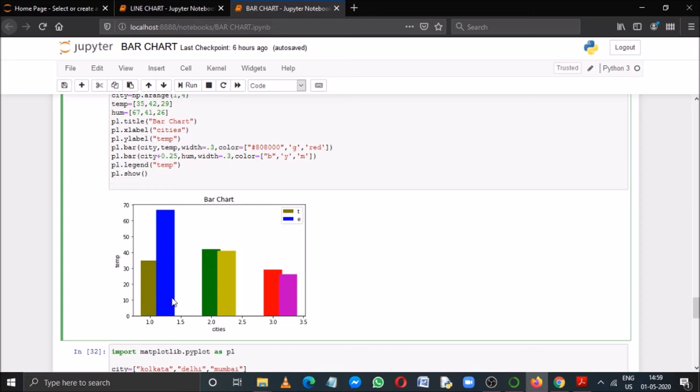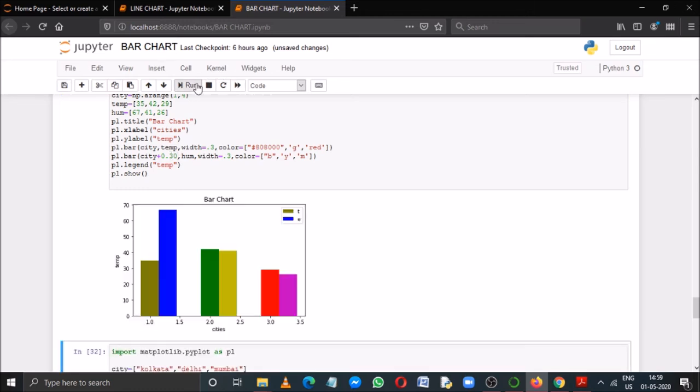So all the bars that belong to the second bar function, their city values will be shifted 0.25 points. That's why we can see both the bars separately. Now suppose if you want to increase it, if you write here instead of this 0.3, then you can see like this.